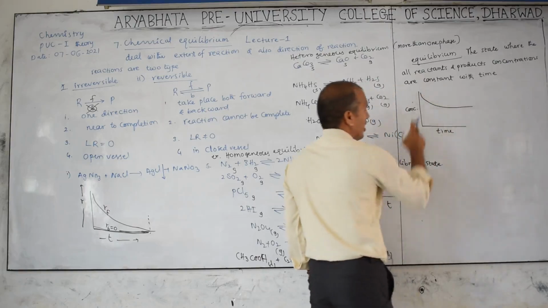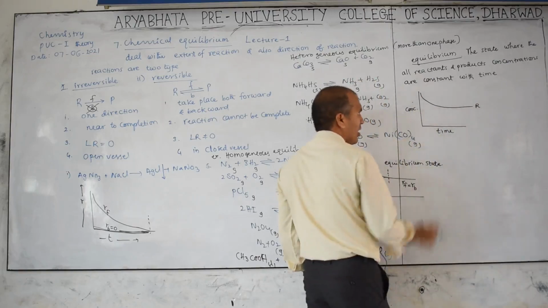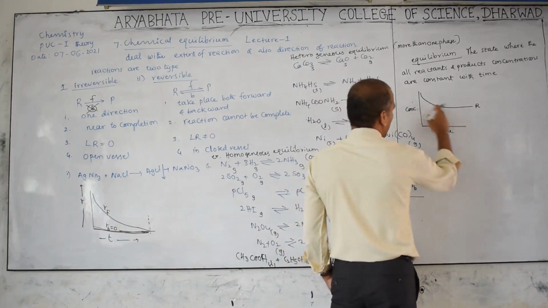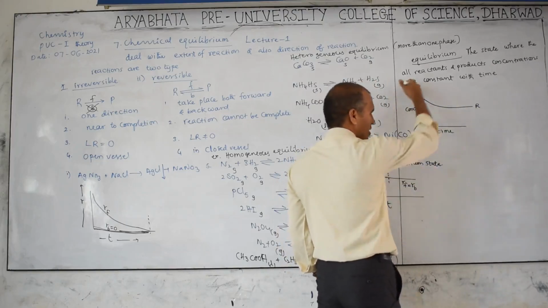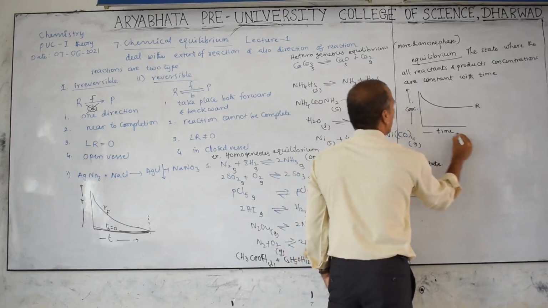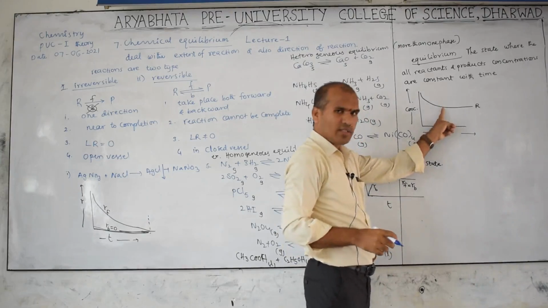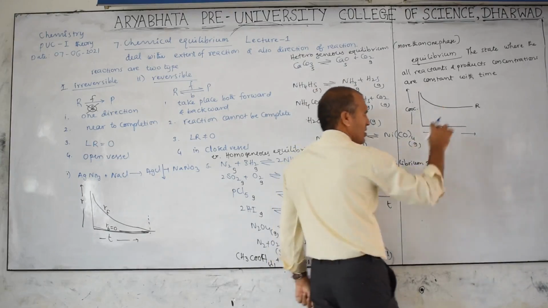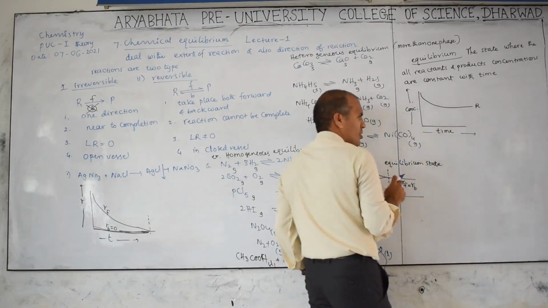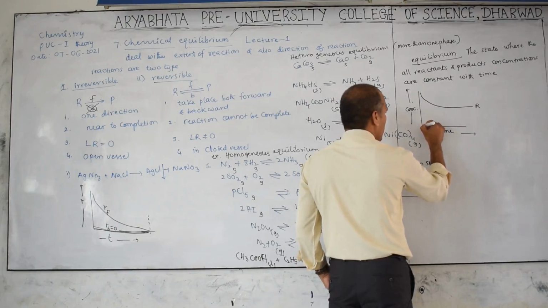Now consider this position, like this, the reactant line, R means reactant line. Initially the concentration of reactant is more, and after some time it decreases. The line comes down because concentration is here and time is here. With time, the concentration decreases up to here. After that the line is straight, which means constant. Then initially the product concentration is 0, and next it increases, for a reversible reaction, like this.